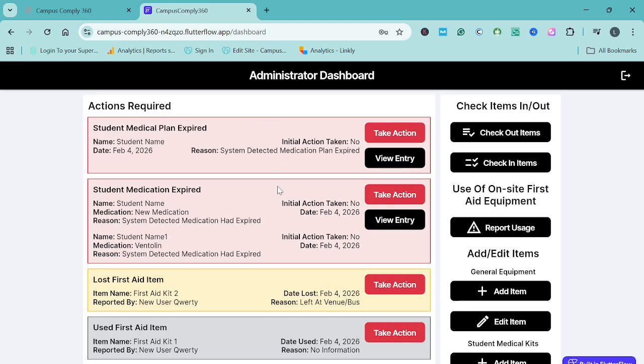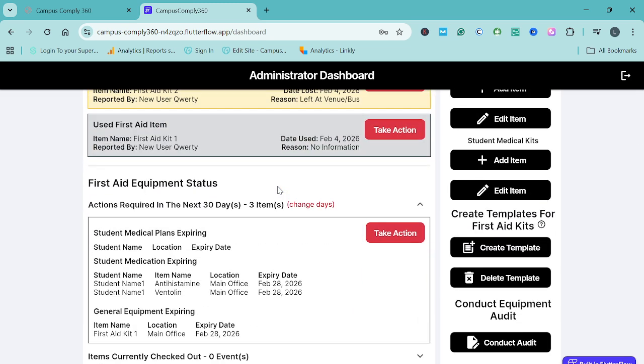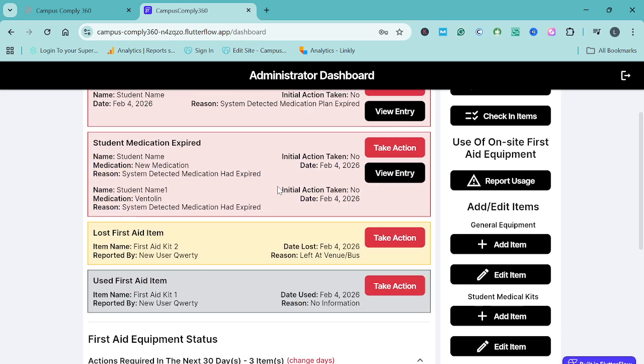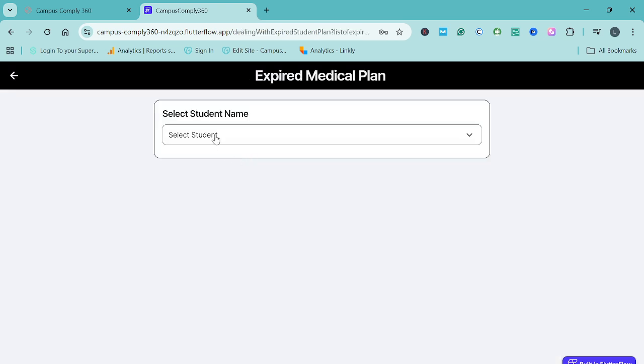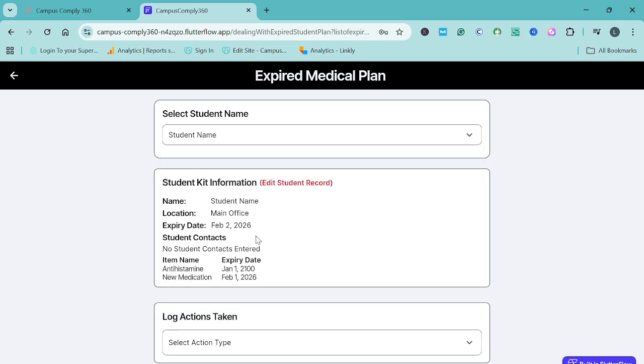that will appear on the dashboard if you're contacting in advance the parents to say that one of the medications is expiring or whatever it may be. So it allows you to be proactive and manage these things rather than get to a point where you have items expired on site. So expiry plans work much the same way in that we can select the student name,